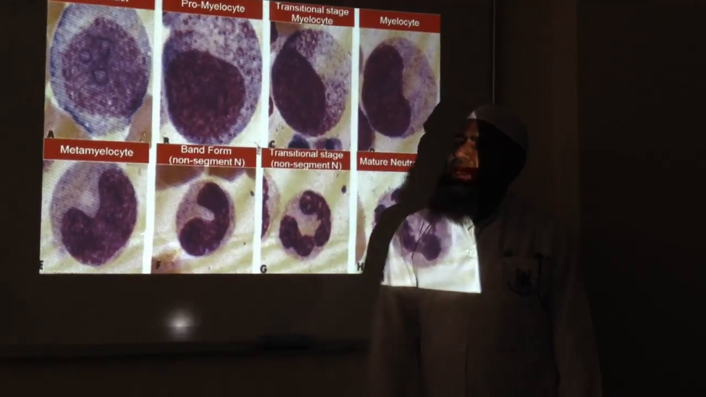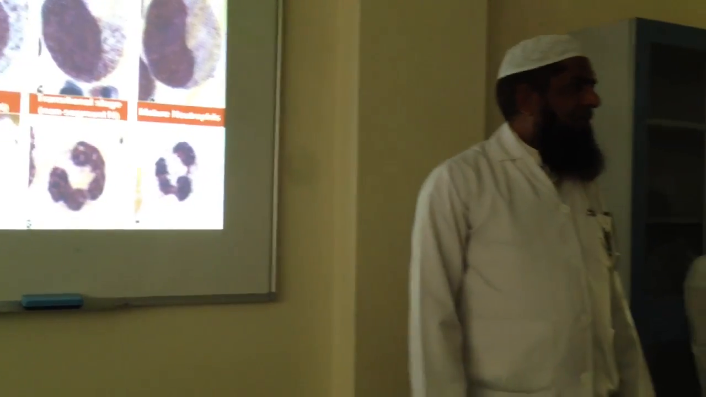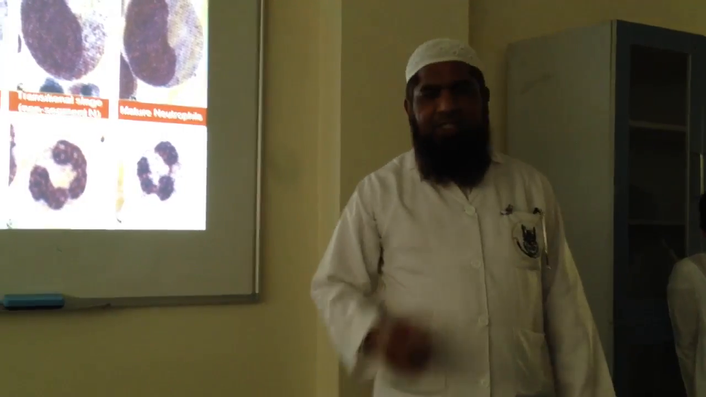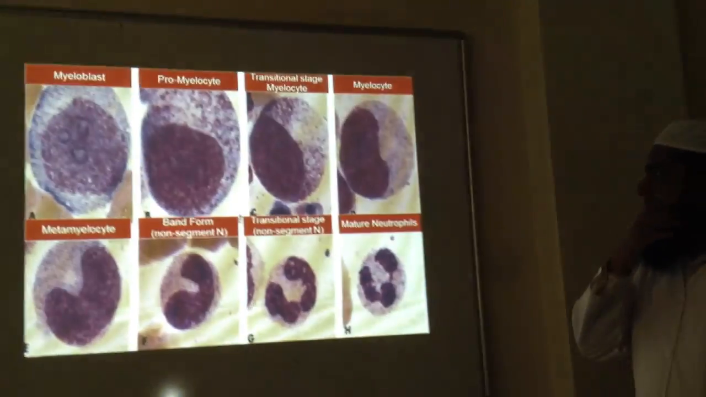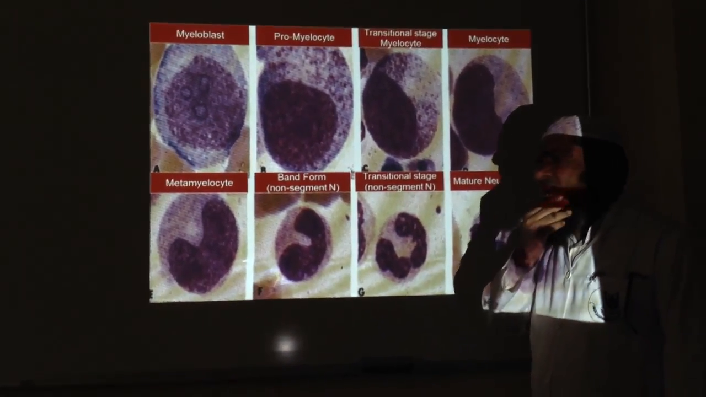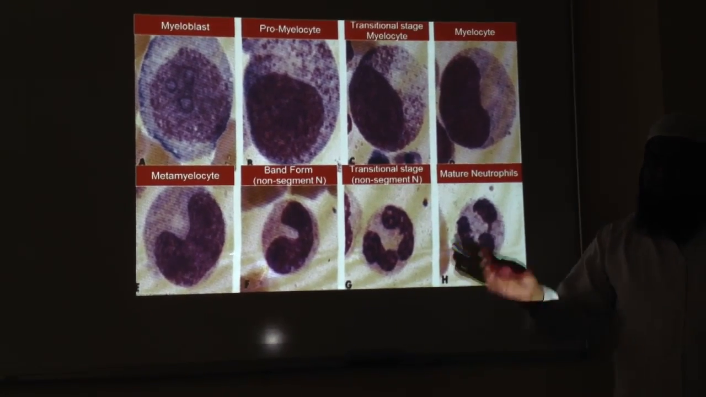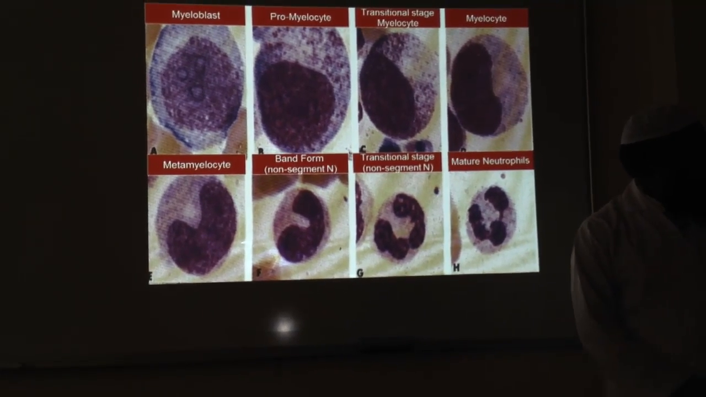If this control is lost, this is leukemia. Uncontrolled proliferation. Now, in acute leukemia, there are three features, three changes due to change in the